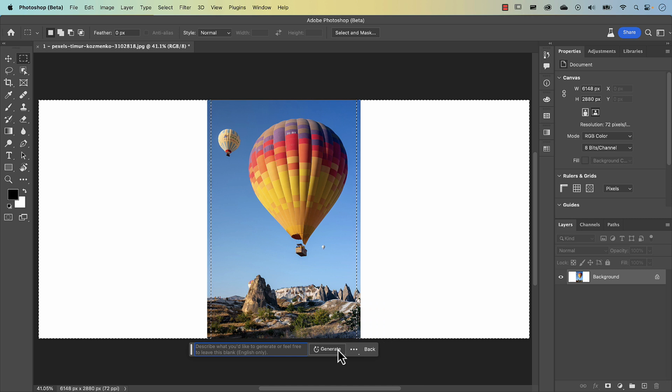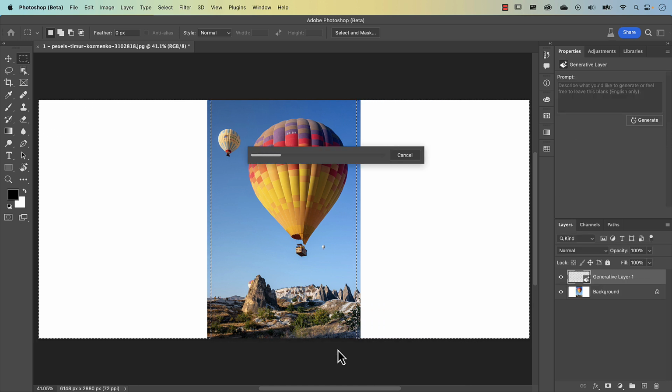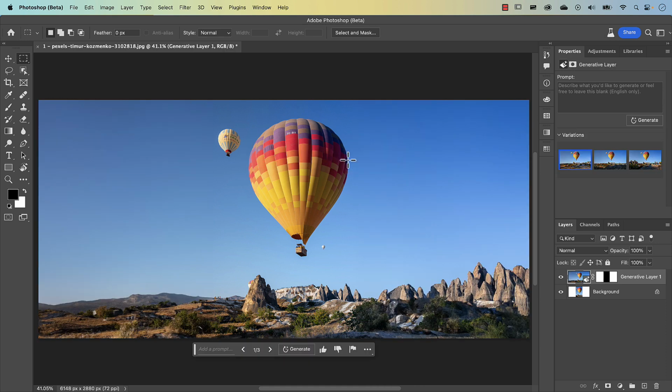Okay, so let's return back to this. Let's click on generate, and Photoshop will have a think about it. You actually need an internet connection. What it's doing now is talking to Adobe's AI system over the cloud, so you do need to be connected to the internet. This is amazing, isn't it? With a click of a button and maybe around 10 seconds, I've got this new background which looks